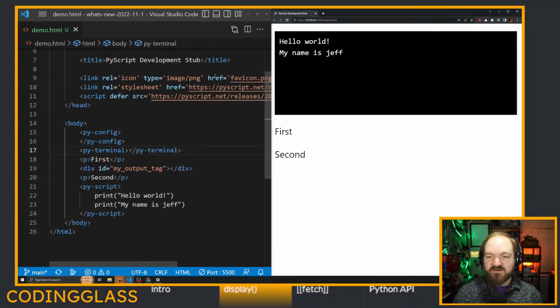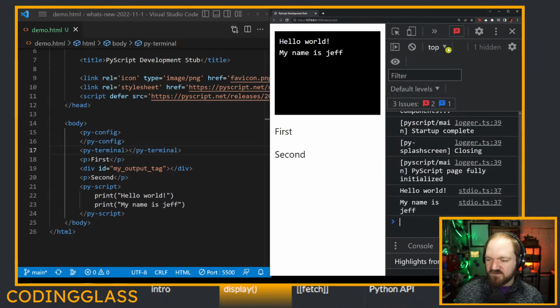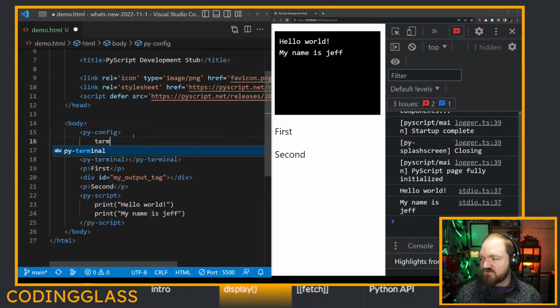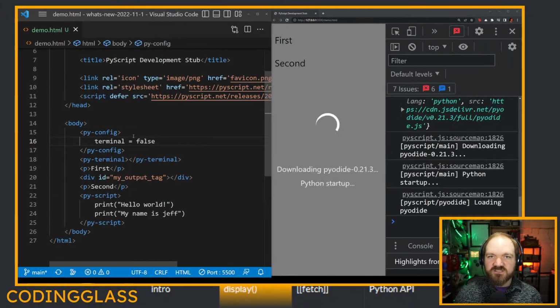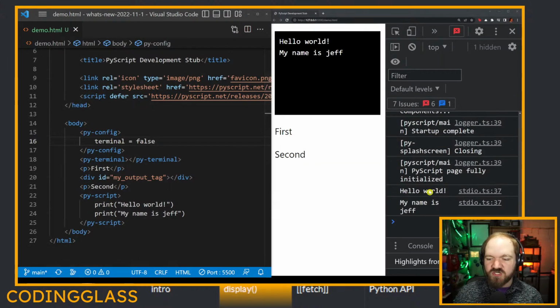The other place that standard out goes, if I open the console here, is the developer console. So you see down here at the bottom, I have hello world, my name is Jeff. So if you need a really easy side channel to get feedback from your Python program, but you don't want this PyTerminal on the page, so for example, I've come over here and I say terminal equals false, I'll disable that terminal, but I can still see the results of my print statement will show up, oops,